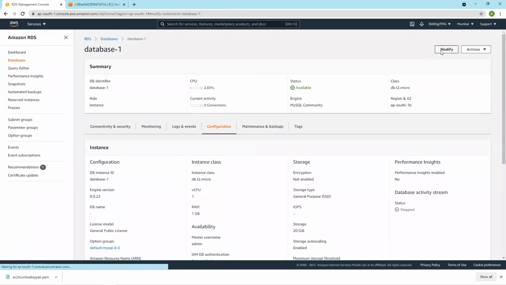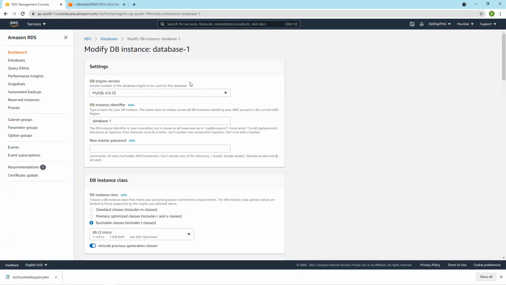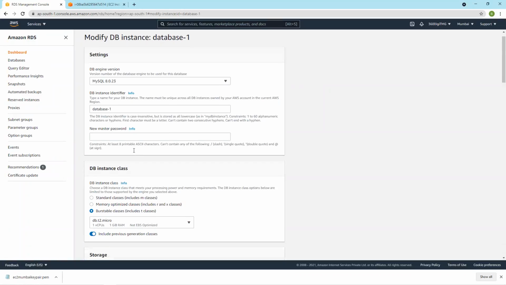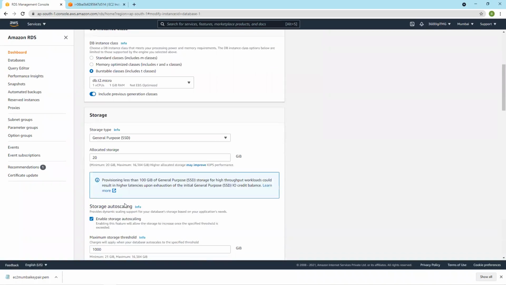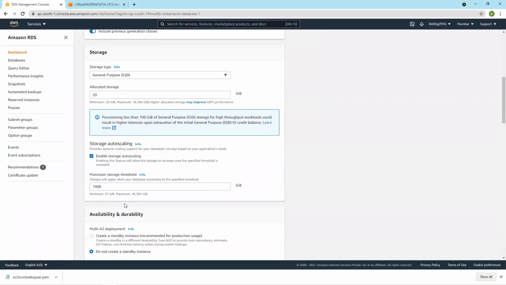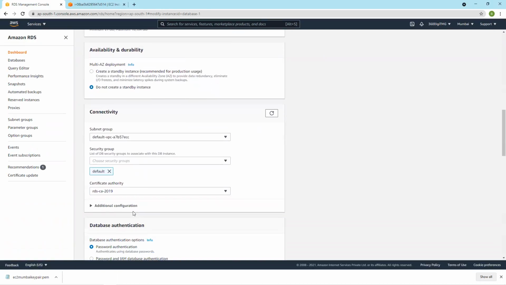Say modify. Do not create a standby instance. Okay.